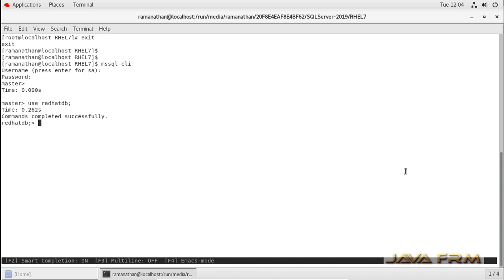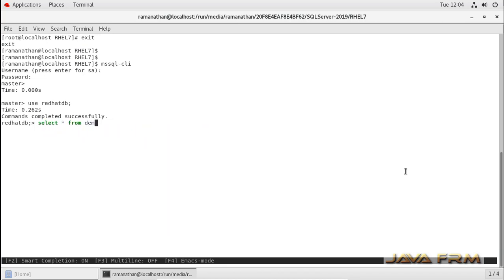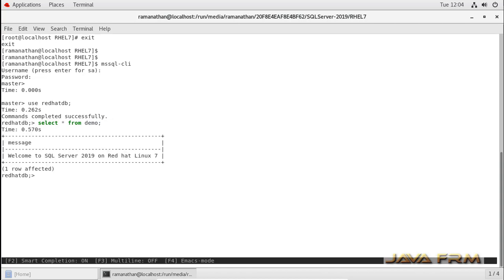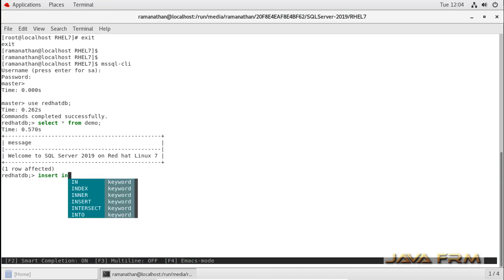I am switching to the RedHatDB. Let me select. You can see that all the keywords are highlighted, so I am able to complete the SQL query fast. This mssql-cli tool will be useful for you to run SQL queries very fast.